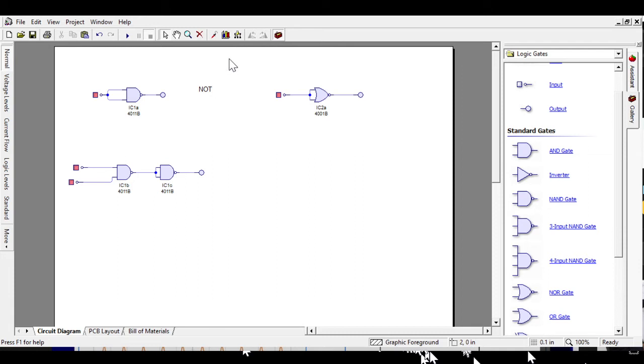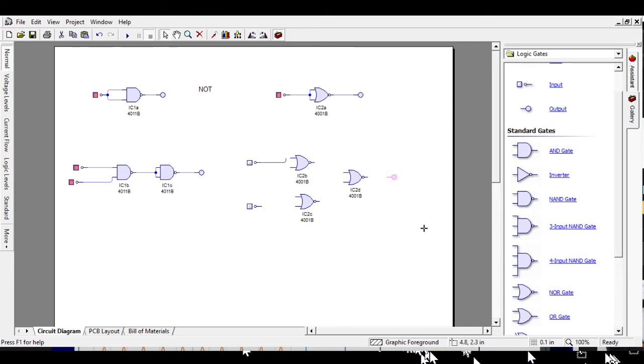Now let us make AND gate using NOR gate. So we will need 3 NOR gates for this. 1, 2, and 3. And first two NOR gates will act as NOT gate. So first we will take two inputs and one output. And first two will act as NOT gate.